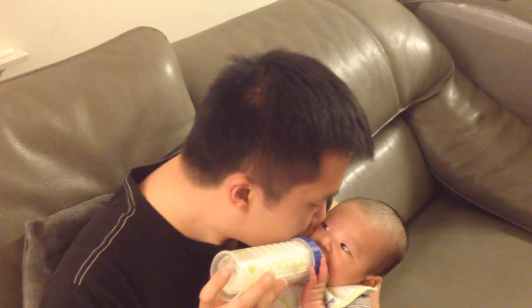Every time he takes a break from sucking, I just kiss his cheeks and he starts sucking again. So now I'm noticing that this little plastic insert, the drop-ins, are starting to collapse. Not from this end over here, but around this side, around the middle of the bottle. And I haven't had the need to burp him yet. He's been drinking away,